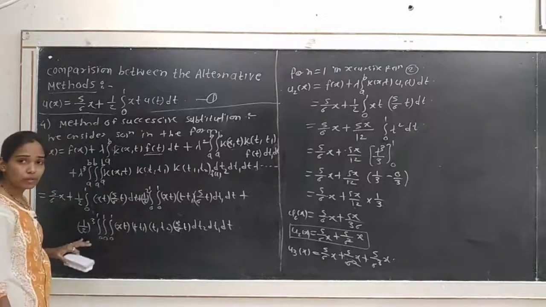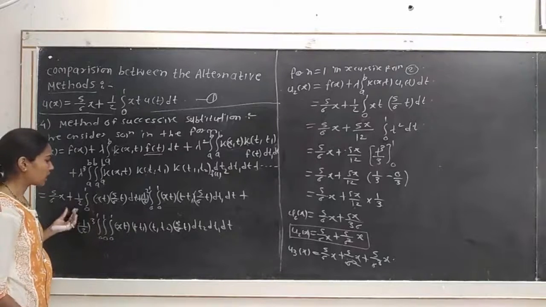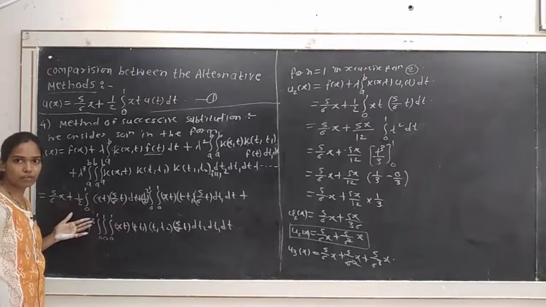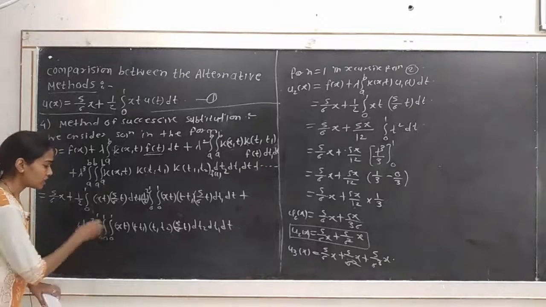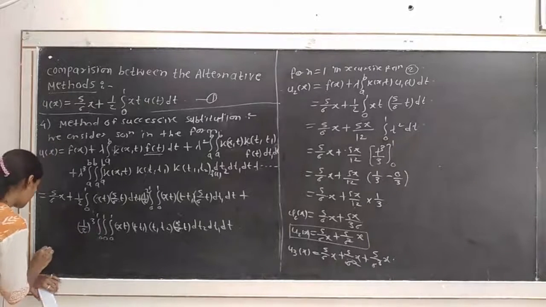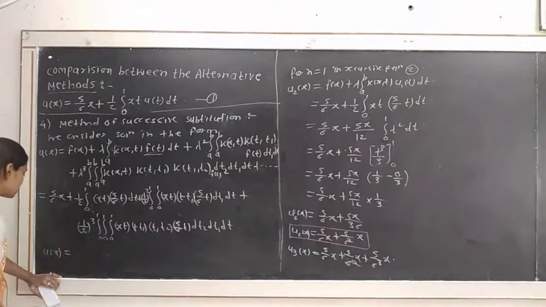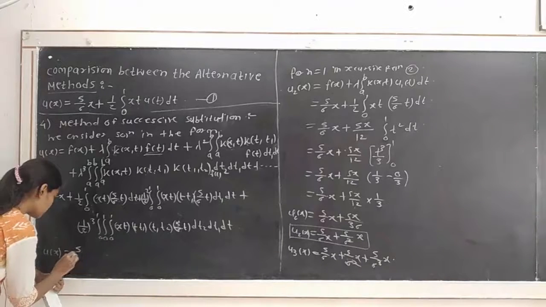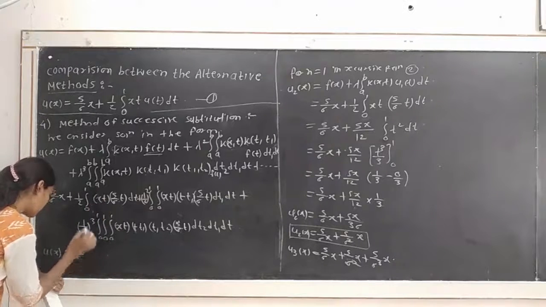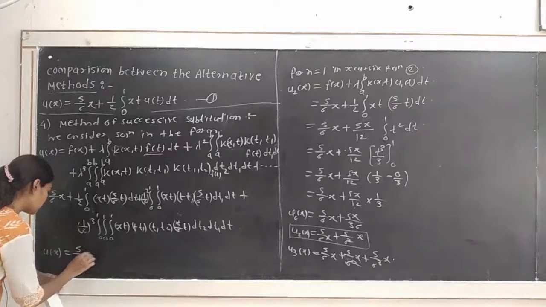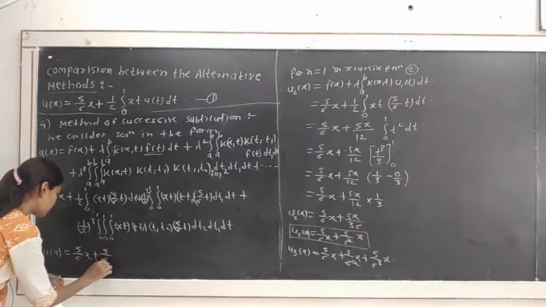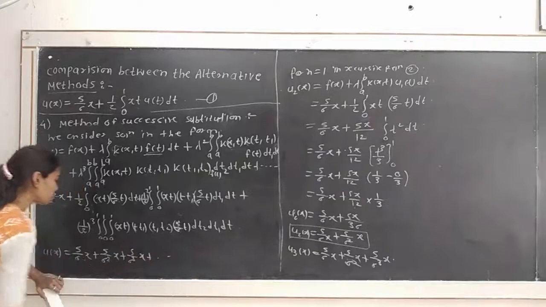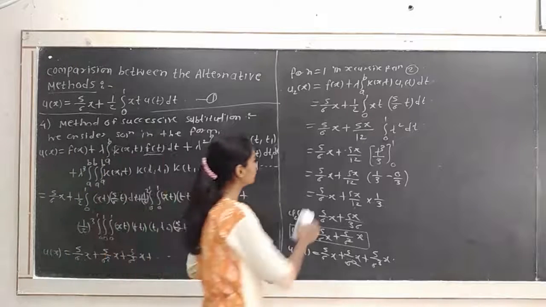Okay, so in the previous video lecture, in the successive substitution method, we solved this example. By simplifying and solving all these integrals to get the series, we can write directly here u of x equal to, the series will be the same as the above series, which we can find in the above example. 5 divided by 6 into x, then 5 divided by 6 square into x, plus 5 divided by 6 cube into x, plus up to so on.